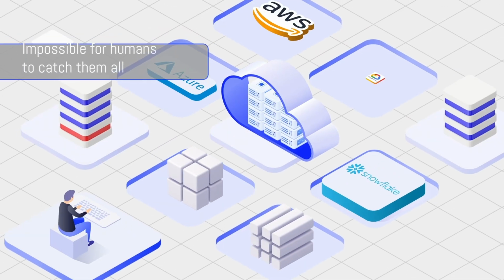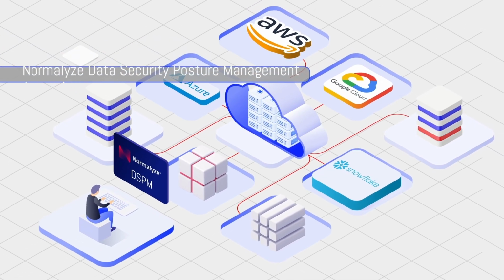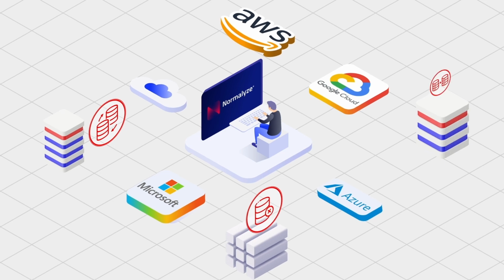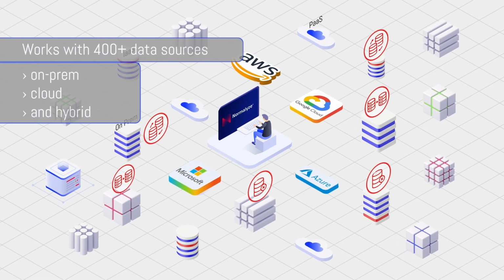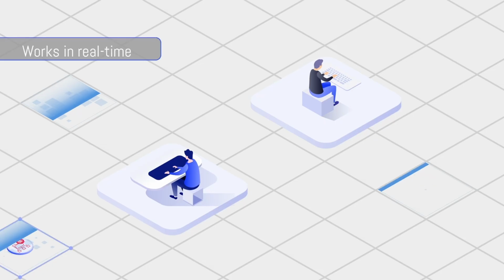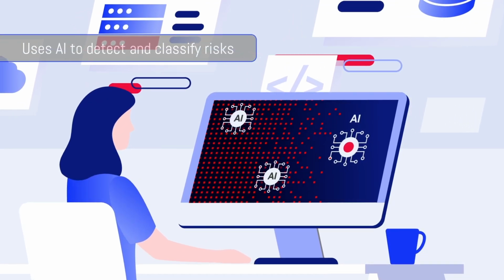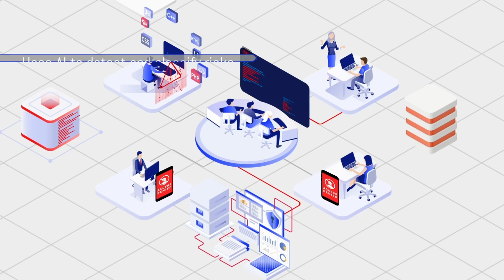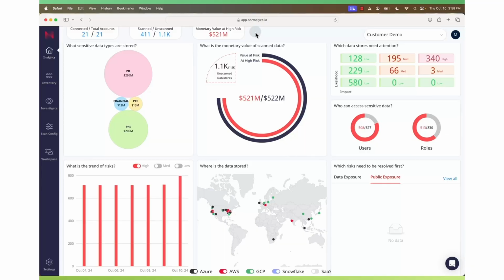And here's how Normalyze can help. Introducing the Normalyze DSPM platform. Normalyze is a DSPM platform purpose-built for modern hybrid enterprises that integrates with 400+ data sources, rapidly discovers and classifies your data, uses AI to detect data exposure risks, vulnerabilities, and anomalies, and guides users to the appropriate remediation actions. Let's take a look at how Normalyze helps uncover abandoned data stores, reduce risk, and lower